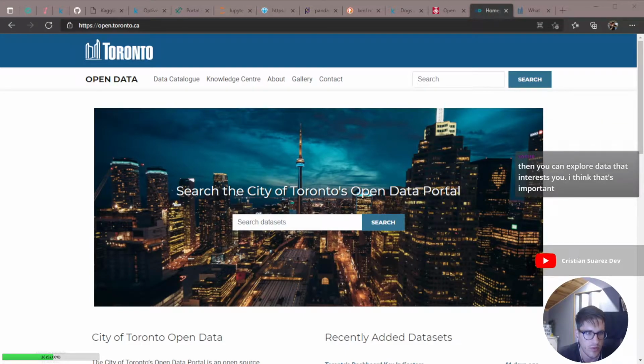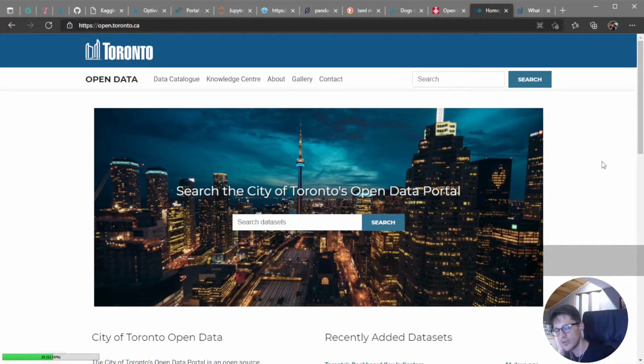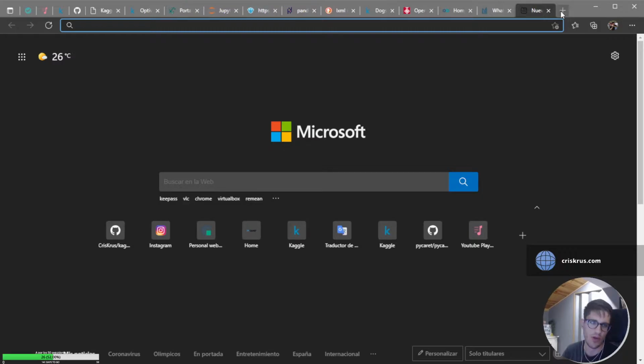With the Open Data Portal of your city, you can understand what open data exists, and you can explore the data of interest to you. I think that's a good way to go. Just to check your nearest data and see what you can do with it yourself. But in my city the available data is really poor.